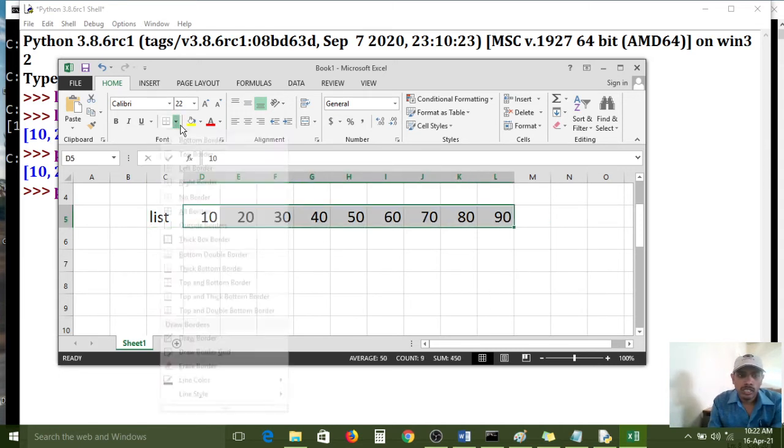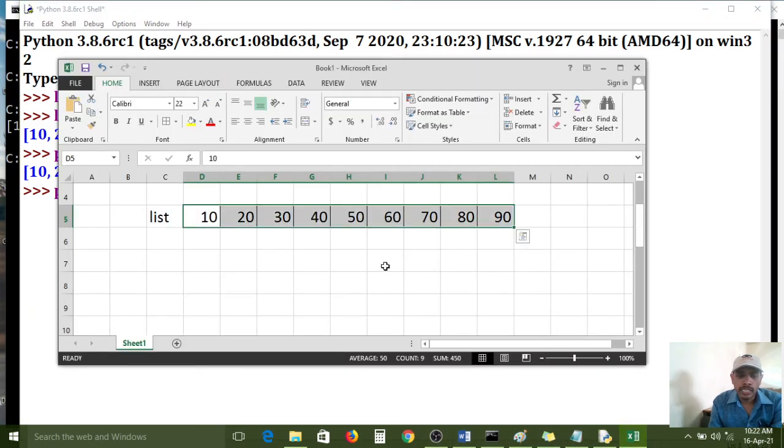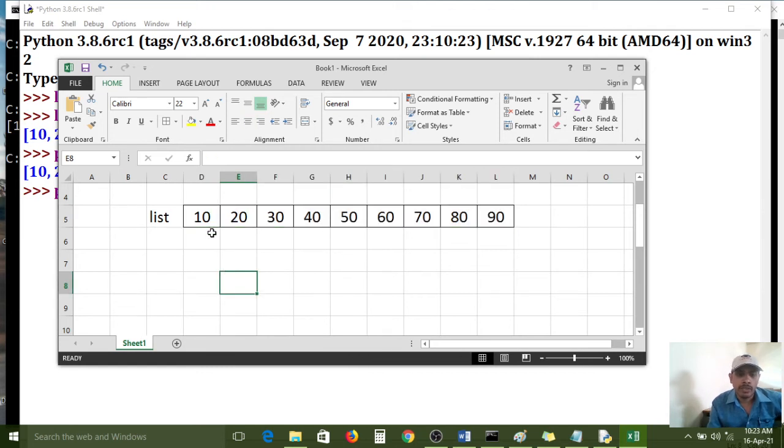If you create that list, then internally it occupies contiguous memory locations, side by side. Contiguous memory location means one element beside another element, and beside that one more element, like that side by side.